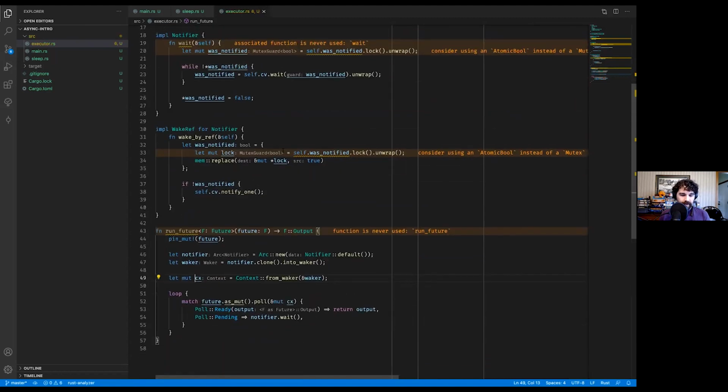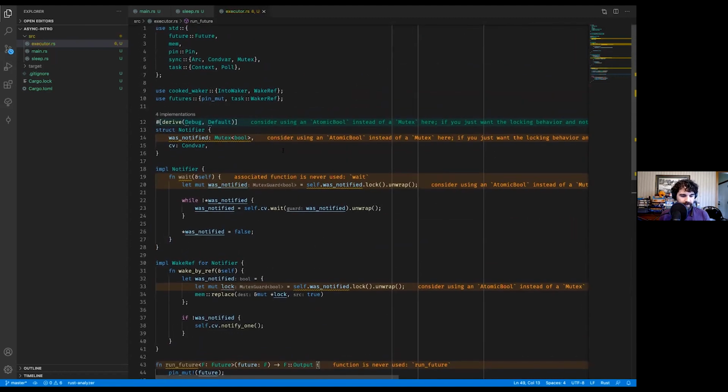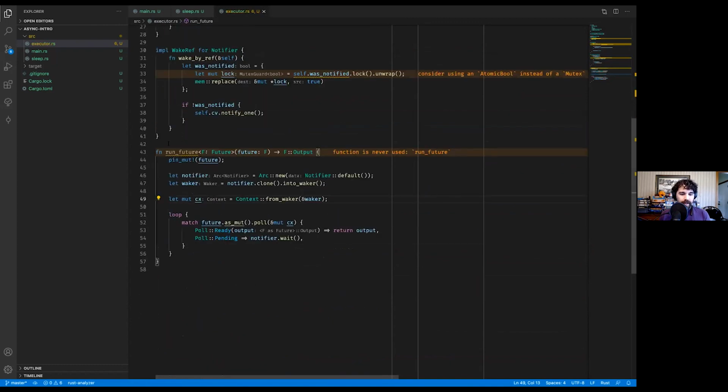So this is it, right? I mean, this is like 50 lines of code, and that's mostly imports and boilerplate. What I've written here is like half of what Tokio does. What Tokio does is more efficient and more complex. It has all kinds of extra stuff that it offers. But at the end of the day, Tokio is creating a context, creating a waker, and then polling futures.